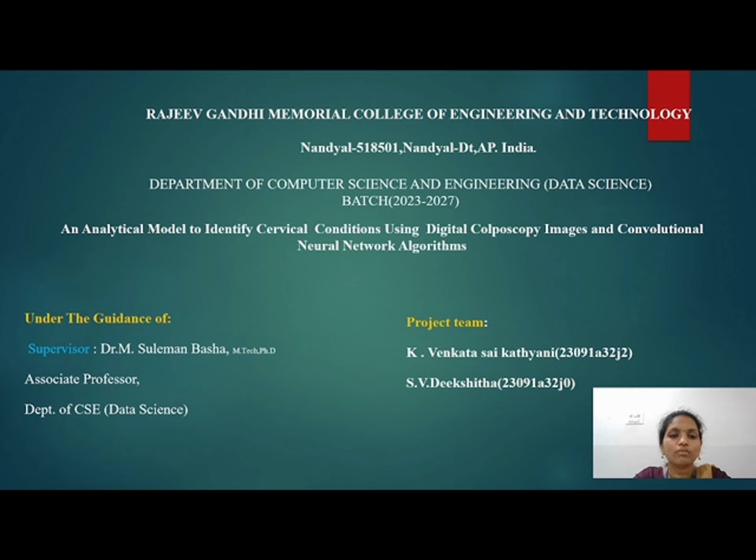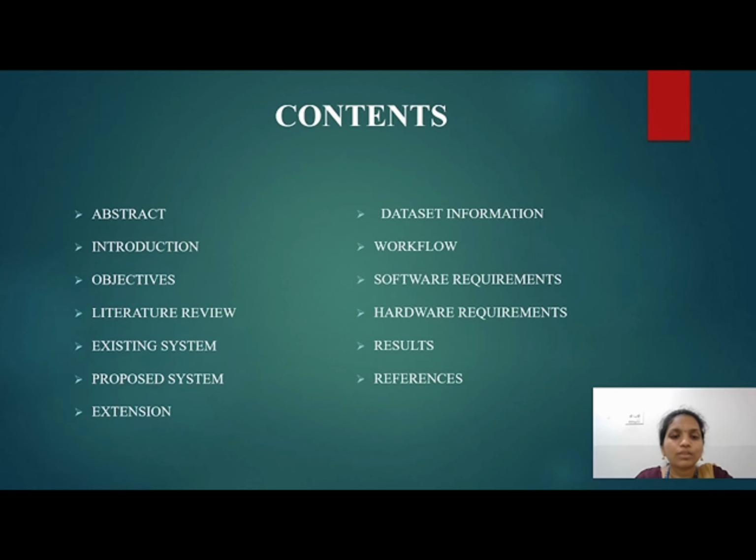In this presentation, we'll walk you through how we built a deep learning based diagnostic model that uses colposcopy images and CNN algorithms to automatically detect and classify different stages of cervical conditions. Our aim is to provide an intelligent, fast, and reliable system that assists healthcare professionals in early detection of cervical diseases, which is key to reducing mortality